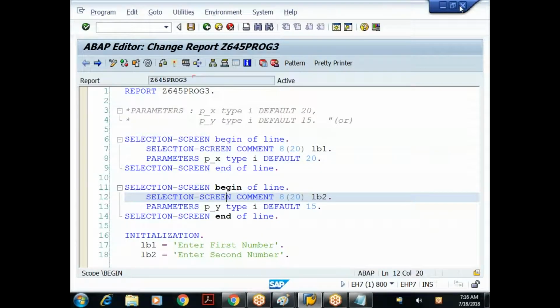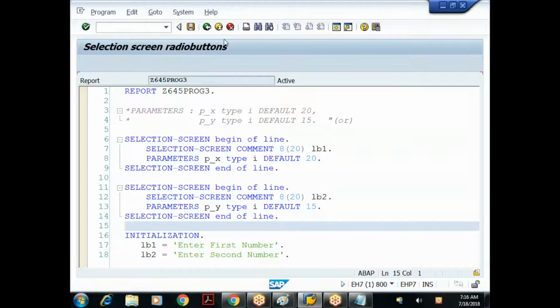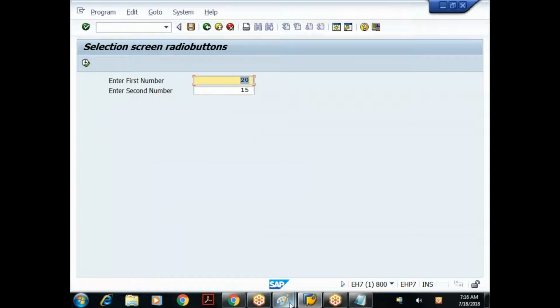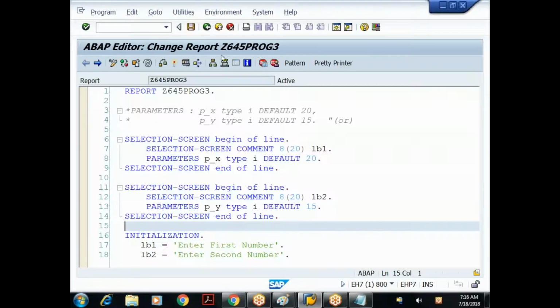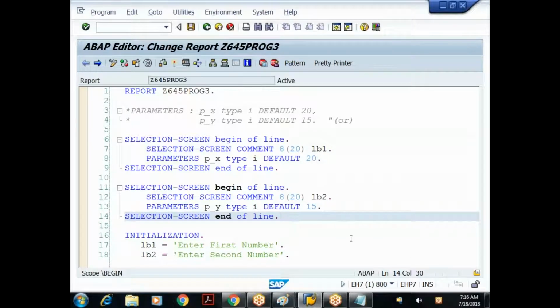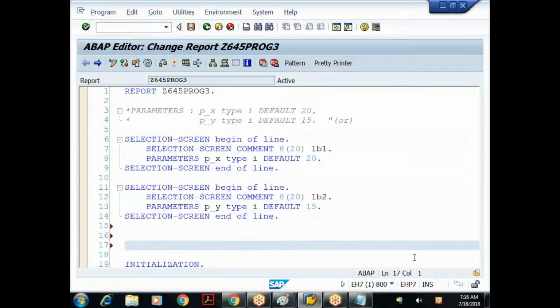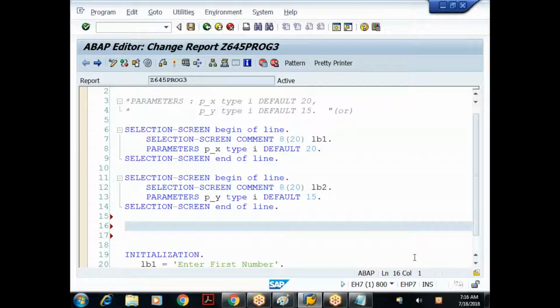So now what is the next thing here? Okay, the selection screen is available to us. In the selection screen, what else do I want? I want some radio buttons. How many radio buttons? 5 radio buttons. So to design these radio buttons on the selection screen, after this begin offline, end offline, see here. Events should always be handled where? At the end of the program.